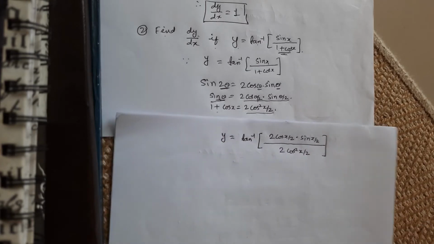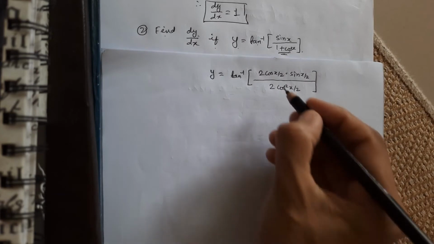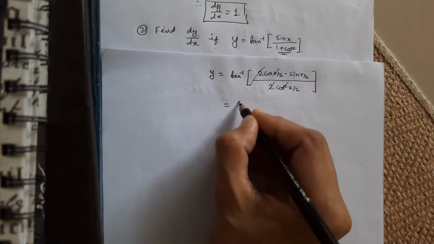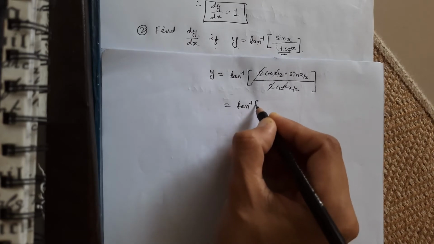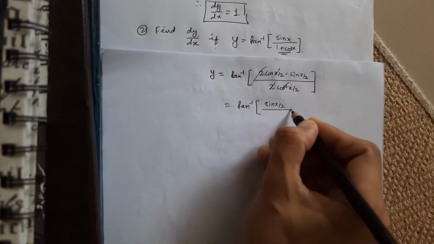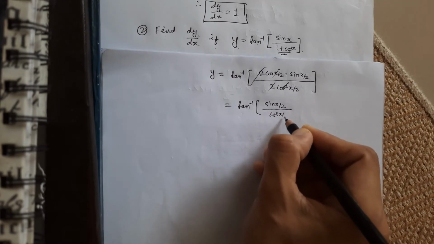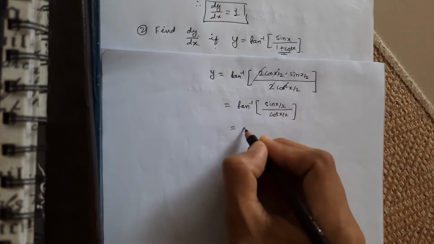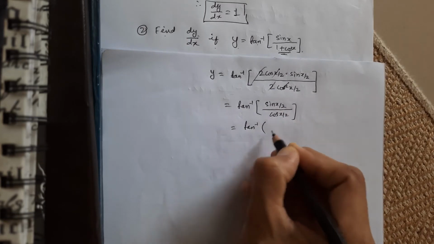Okay, now just simplify it. This 2 gets cancelled, one cos x gets cancelled, and I get tan inverse of sin x by 2 upon cos x by 2. One cos is remaining here. So sin upon cos is nothing but tan. So tan inverse of